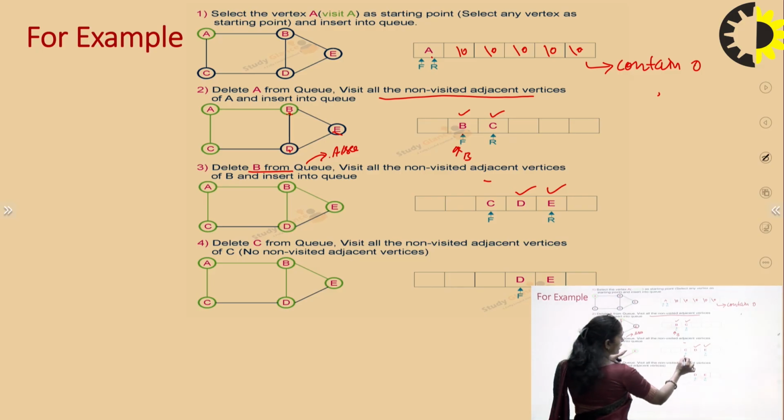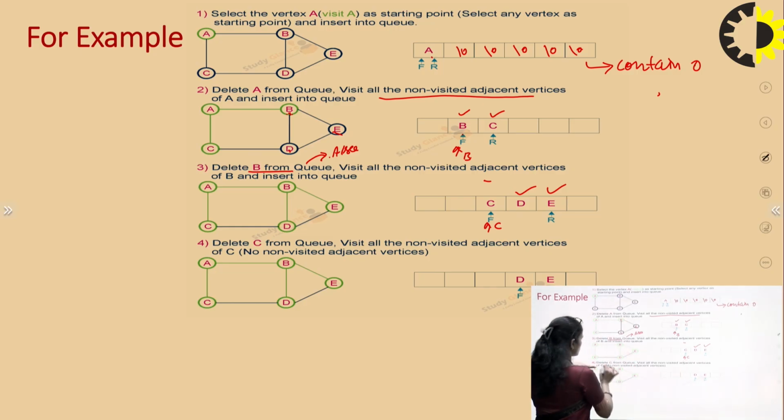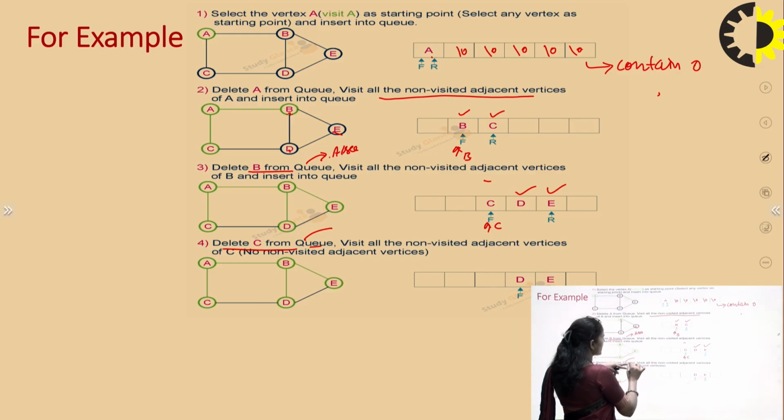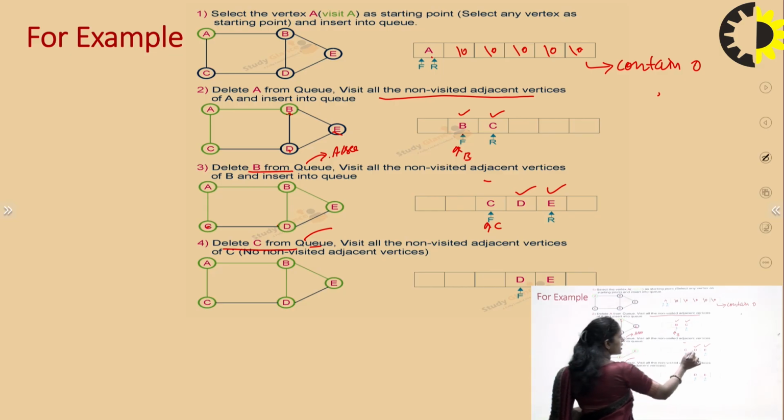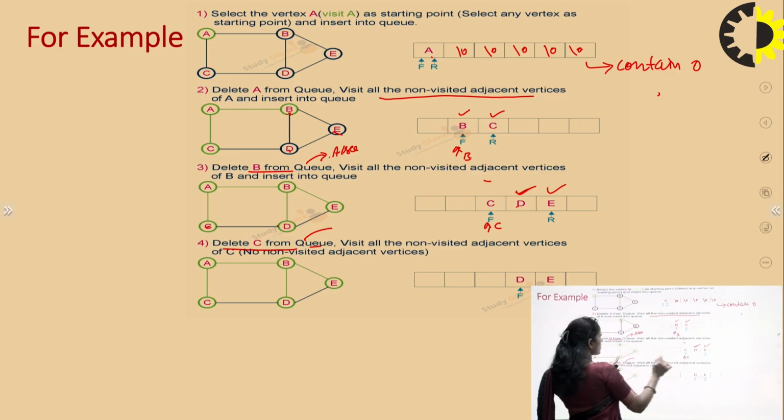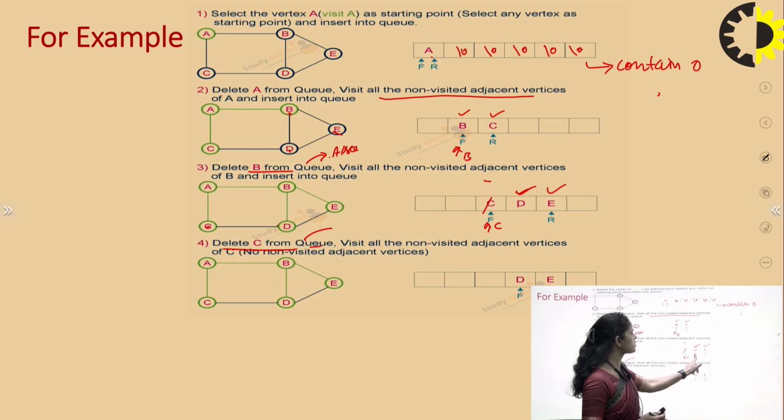Next, at the front side, we will find C is my next vertex that I have to delete. So delete C from the queue. And what does this mean? As we delete it, that means we are observing what the next adjacent nodes for C are, right? So C is connecting to D. So basically D is already there, because this null value is updated, we will compare it. Is it null or not? So it is not null, so it is already visited. Next we will move on to the next node. So next node is nothing. Now front is denoting D.